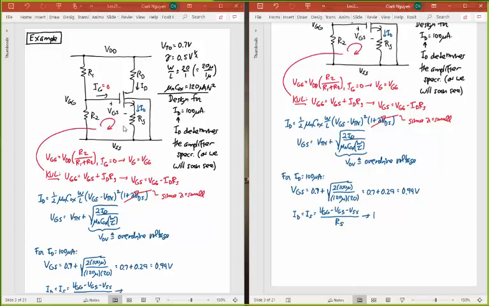Of course, what I really want to find is RS. Design means I want to pick RS in this case. To pick RS, I just need the same equation, VGG minus VGS minus VSS divided by the ID that I'm going for. Now I need to know VGG, and so I'm going to use that rule that I want. If I want to drop 1/3 of my supply voltage, VDD minus VSS, dropped across